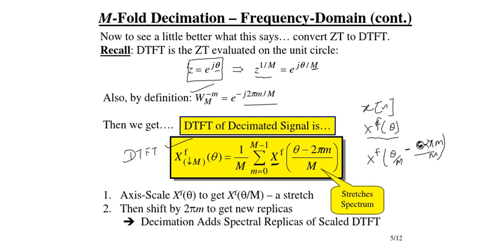So what is happening is that we are dropping samples in the time domain, so we are kind of compressing the signal in the time domain. In the frequency domain, theta is kind of stretched out, right? Because theta is divided by M, your new index is not theta, the new index is theta by M, so the spectrum is stretched out. Okay, so this is one expression we got.